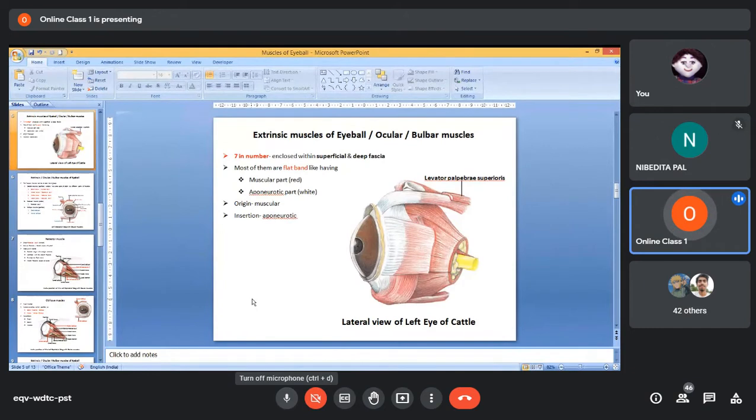You see, when muscles insert, they can insert in 2 forms. They can form a band-like structure and insert on the bone. That is called tendinous insertion. Tendon, have you seen a tendon? Yes, sir. Okay. So tendons are band-like connective tissue layers. So muscles may insert in 2 forms: they may insert by forming a tendon, or they may insert by forming an aponeurosis.